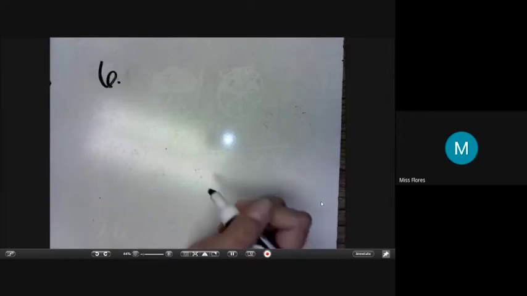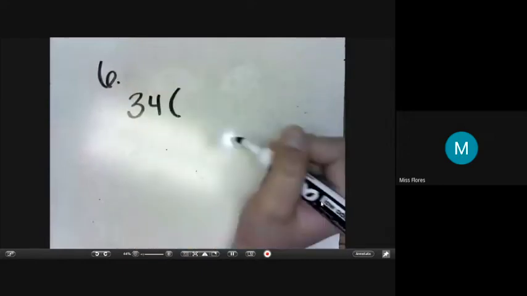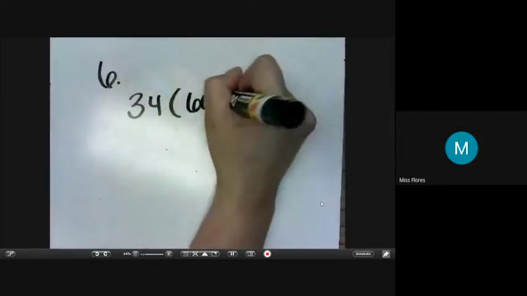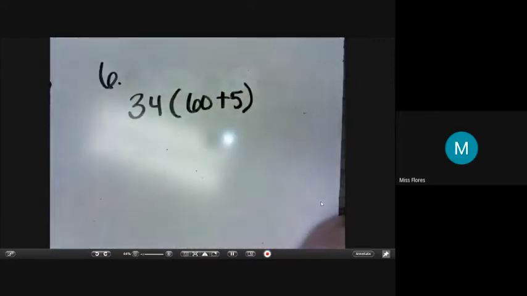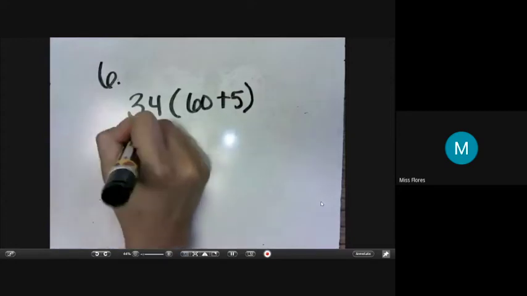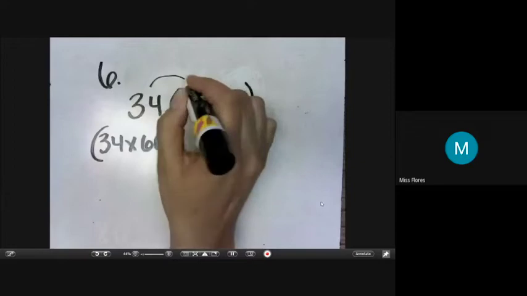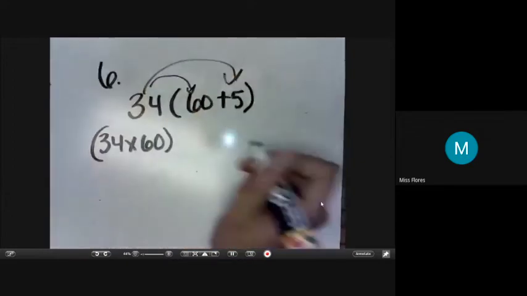All right, number 6, it says use the distributive property to multiply 34 and 65. So the way we do that is we have to split up 65 with distributive property. Okay, so we're going to take our 34 and multiply it by 60 plus 5. So we rewrite it as 34 times 60, because now we're going to distribute 34 to the 60 and 34 to the 5, okay? Plus